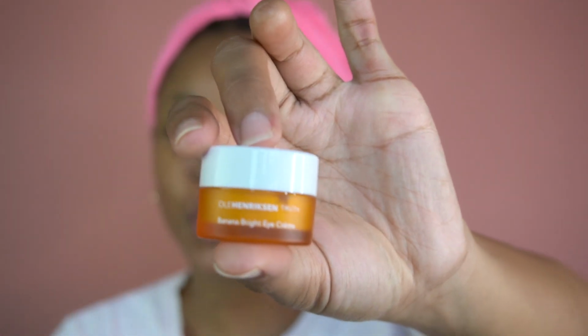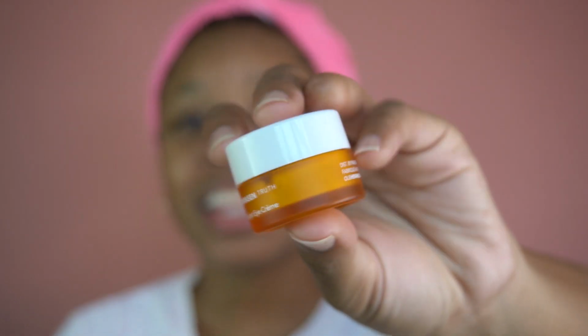Now that that's complete, the next thing I move in with is my Banana Bright Eye Creme. This is very tiny as well, but it's only for my eyes, so I know it's gonna last. Still keep the cap on, it's a habit. And I just dip my finger, I just pat it into it, and then I pat it along under my eyes, in the corner of my eyes, to avoid crow's feet,